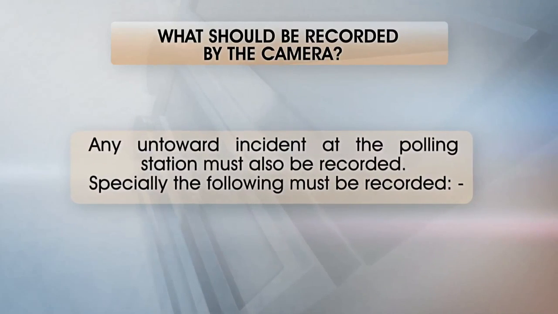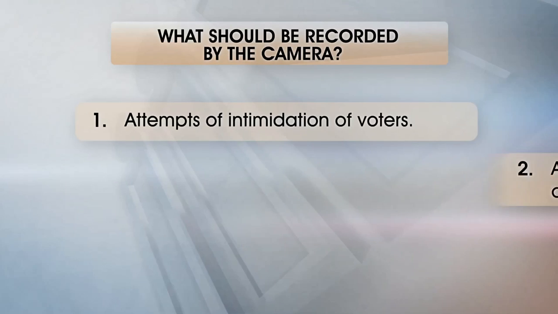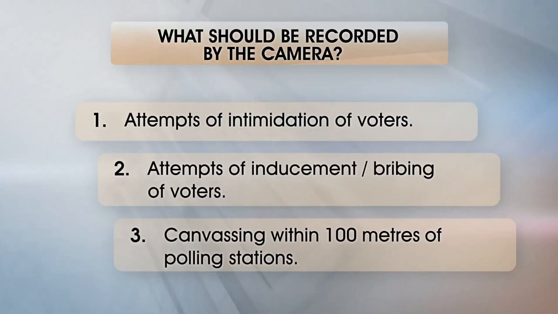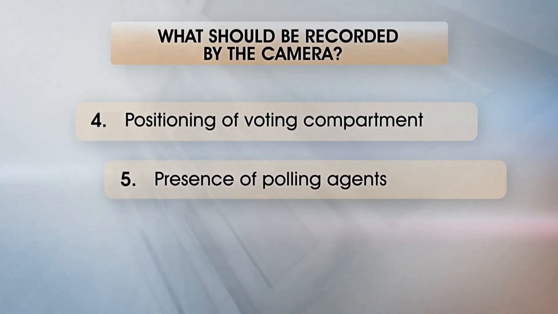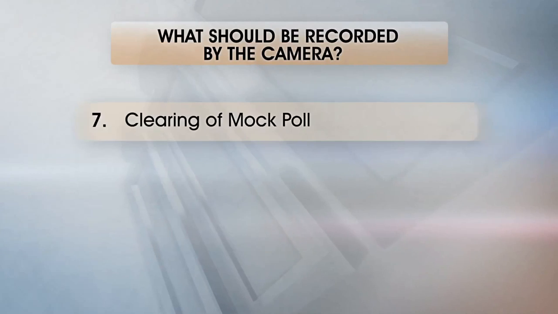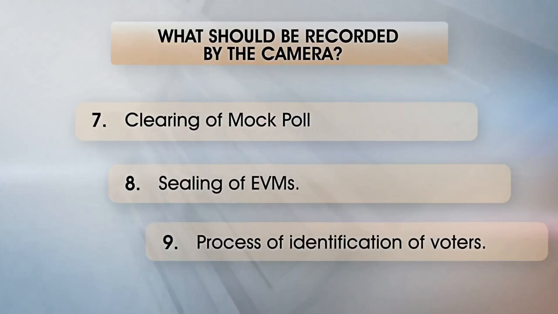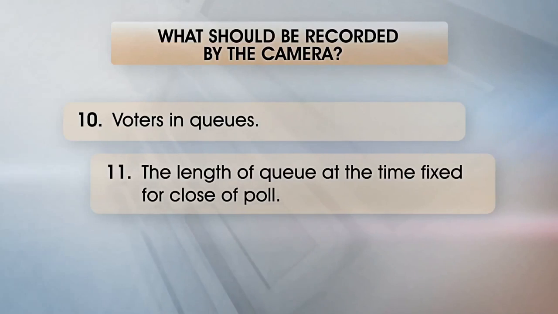Especially the following must be recorded: attempts of intimidation of voters, attempts of inducement or bribing of voters, canvassing within 100 meters of polling stations, positioning of voting compartment, presence of polling agents, mock poll, clearing of mock poll, sealing of EVMs, process of identification of voters, voters in queues, the length of queue at the time fixed for close